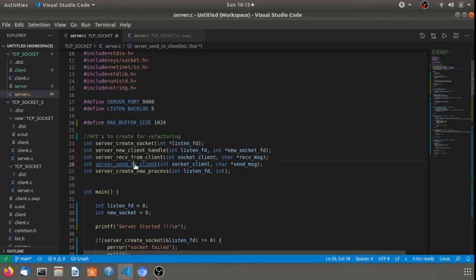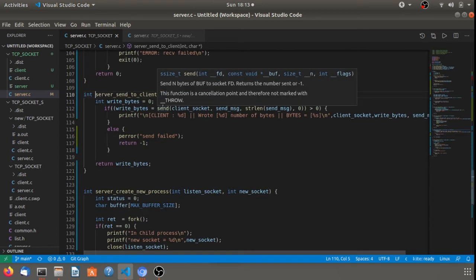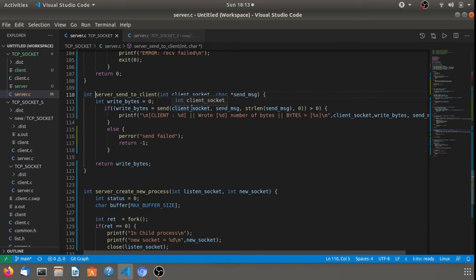In here I have implemented the send system call that will take the client socket and the send message, and depending on the length of the message, it will send the bytes to the particular client. We are not using this stuff here now, but we'll use it in the further code study. Then it will return the number of bytes that have been written to the client.